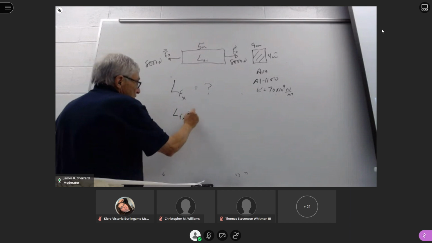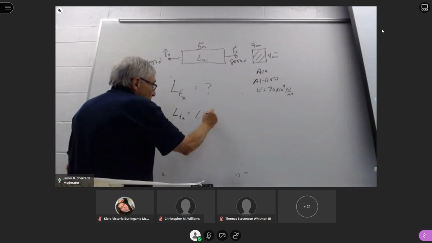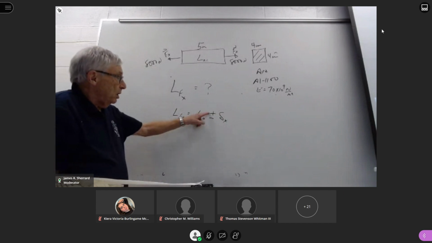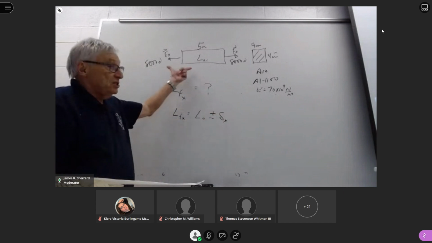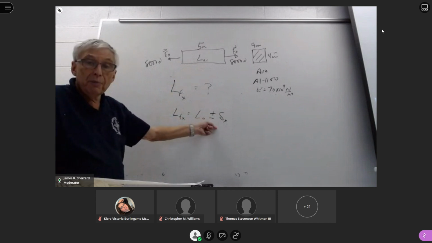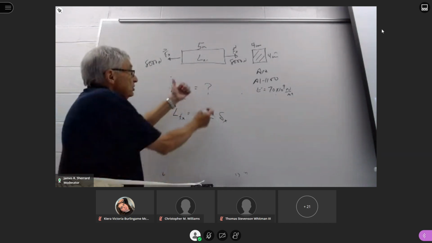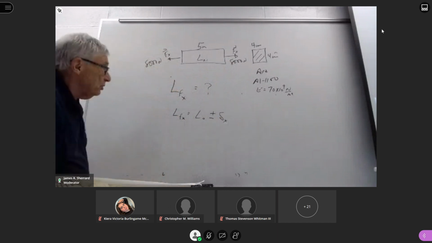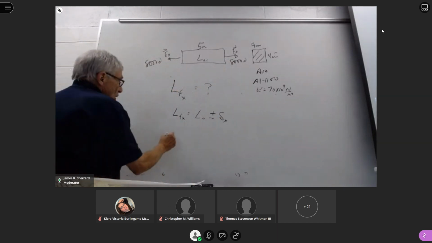We know the final length is going to be the original length plus or minus the deformation, dependent upon whether it's in tension or whether it's in compression. Obviously, if it's in tension, it's going to get longer. If it's in compression, it's going to get shorter. And again, we know